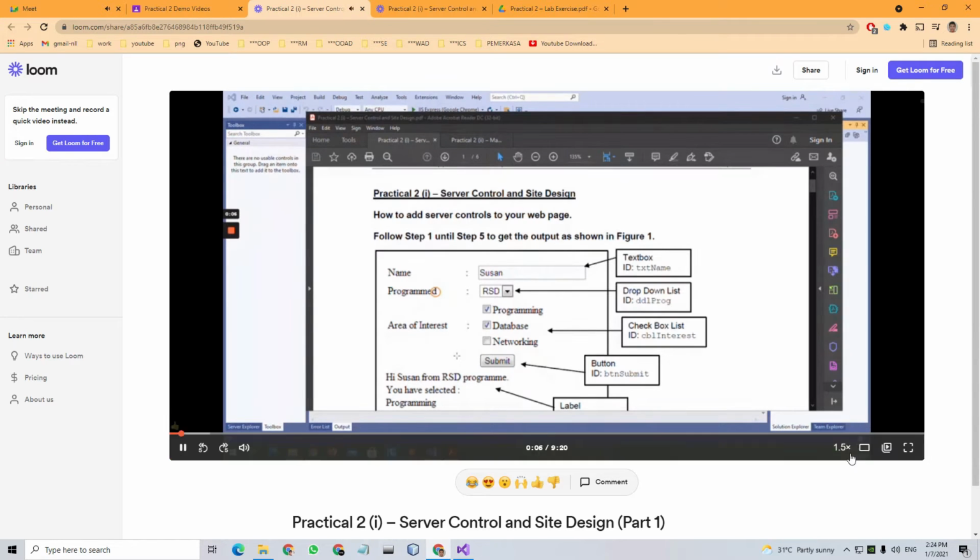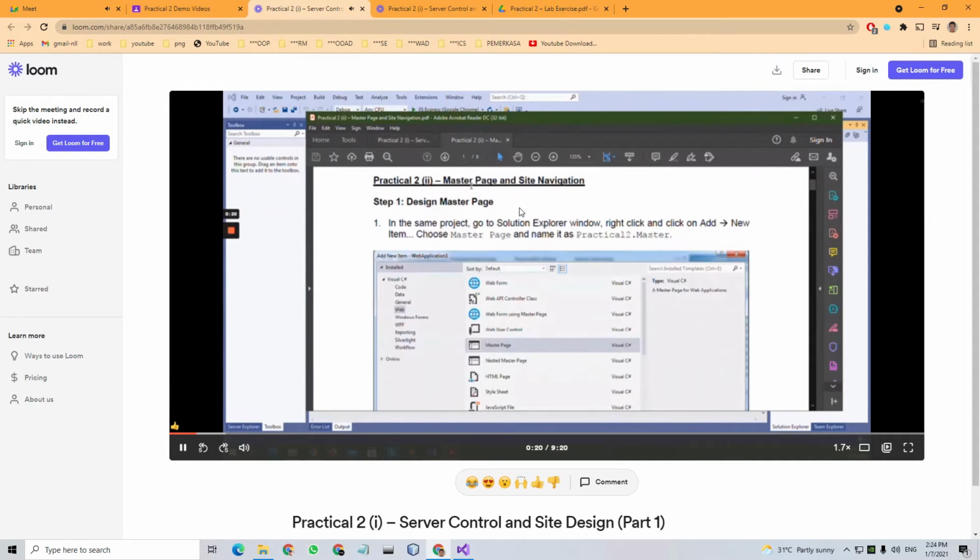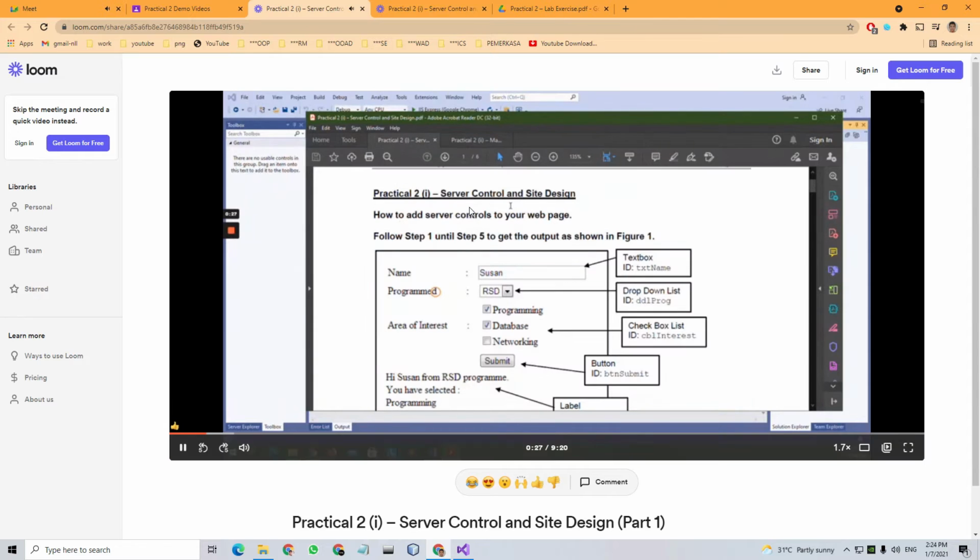Second practical demo video. Now for practical 2, there are two things that we need to cover. The first one is the server control and site design, and the second one is the master page and site navigation. So I'll start with the first one. Now in practical 1, we have already learned how to add the